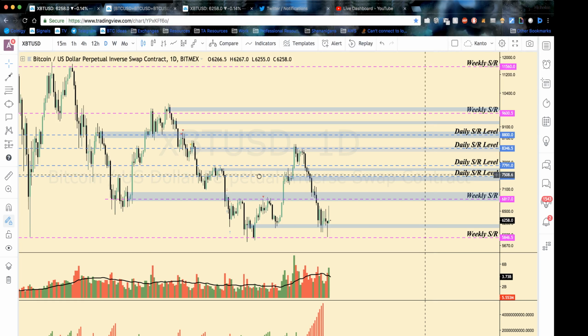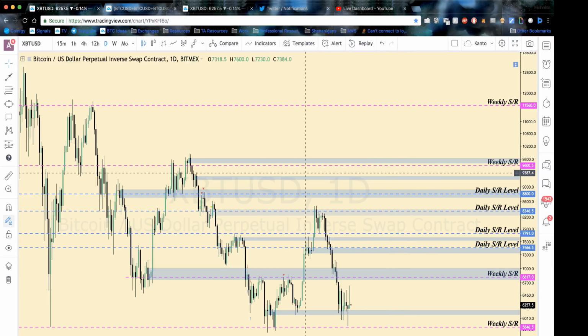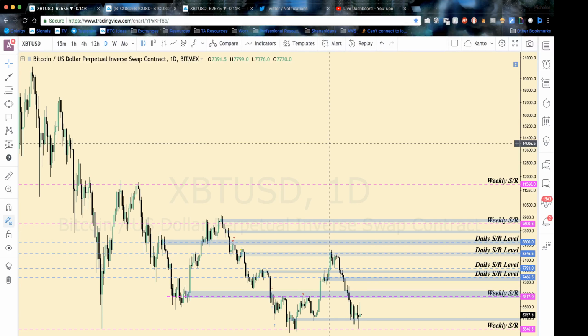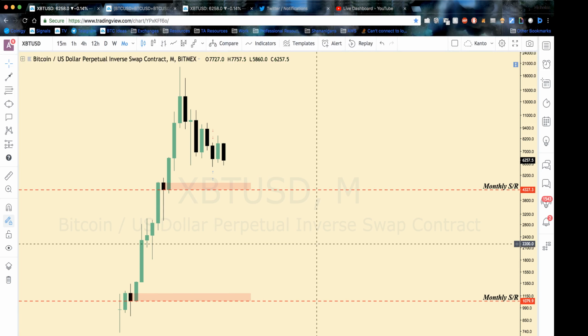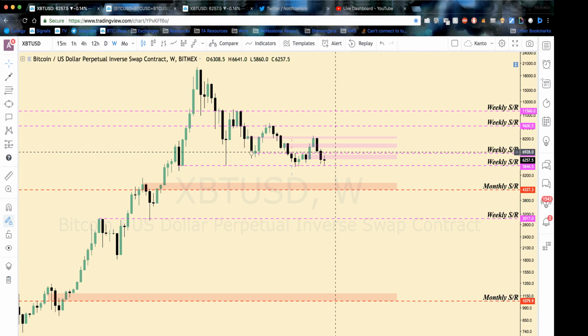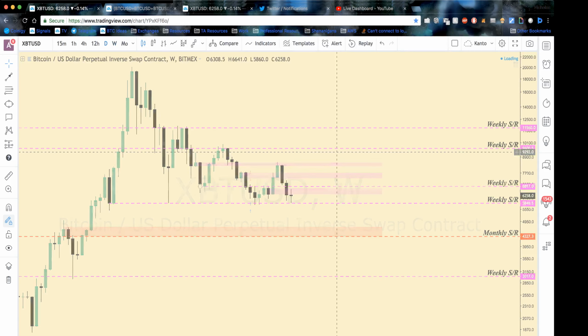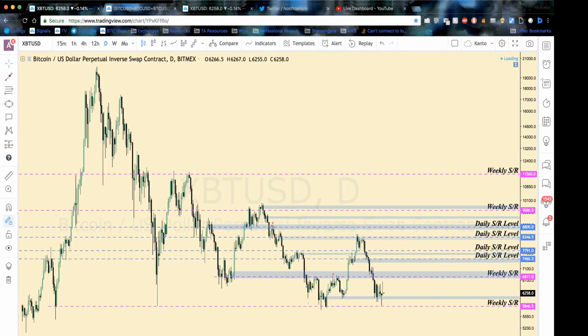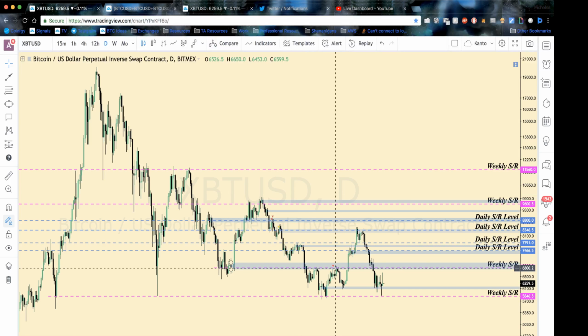This is basically just my horizontal chart. I went in one day and marked out a whole bunch of monthly levels. Then I went into the weekly time frame and marked out weekly levels that I like. And I went to the daily time frame, and I hit the weekly rectangle zones of support and resistance, but I kept the